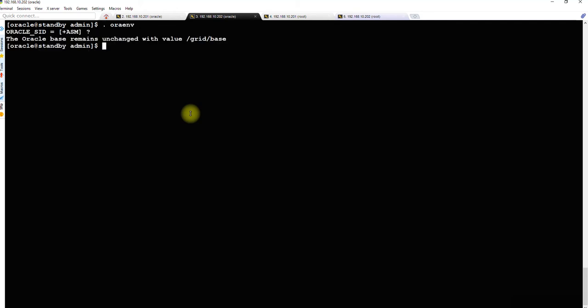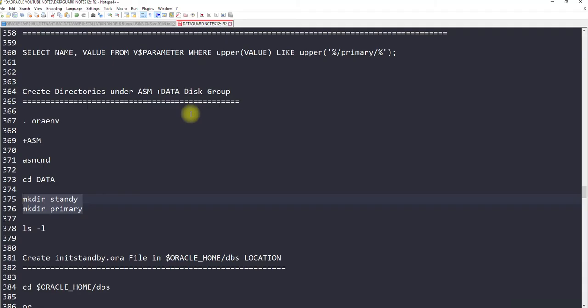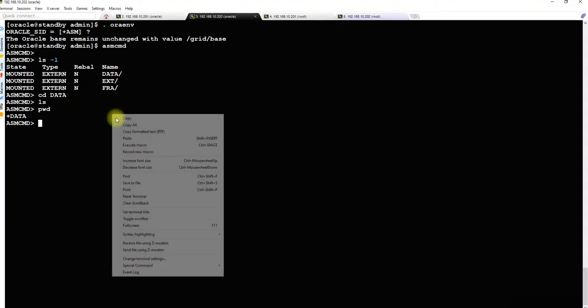We have to use plus ASM on the standby, using asmcmd. ls, cd data, pwd. Okay, we are in the data disk group. Now we have to run these two.